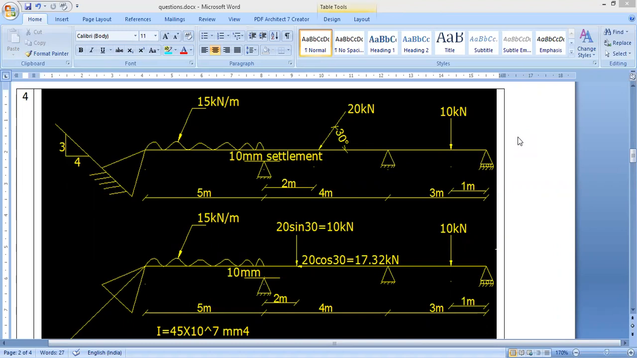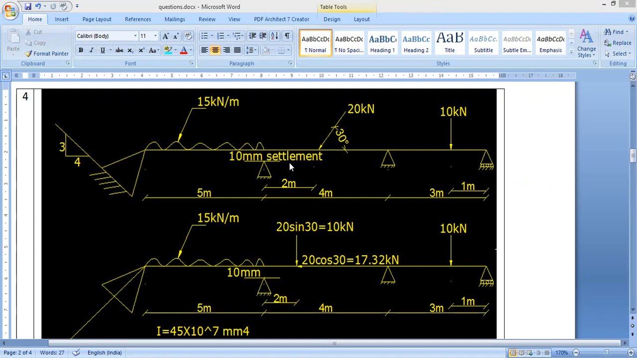We will discuss problem number 4. This consists of a beam having a UDL of 15 kilonewton per meter. The span of the beam is 5 meters, and you can see the support is an inclined support at a slope of, sorry, 4:3, and